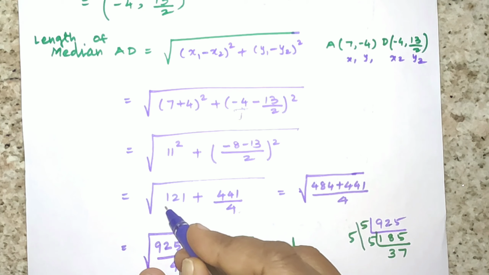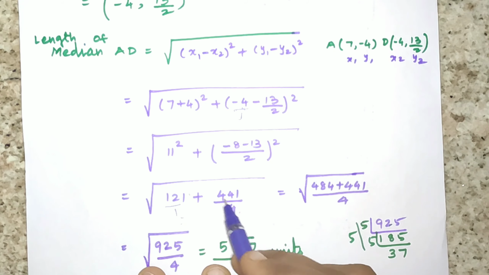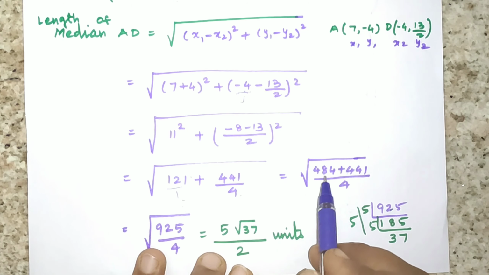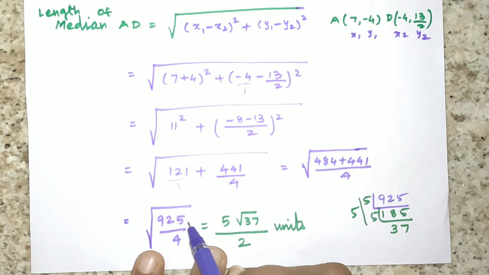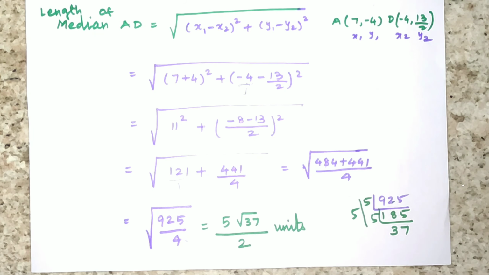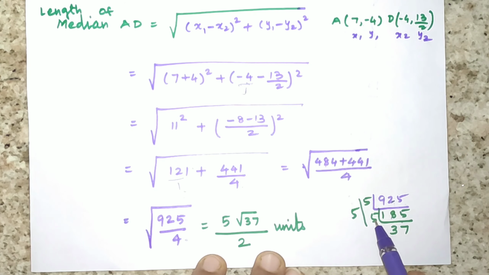Again you have to take that cross multiplication LCM. So you multiply these two things and this one. So 4 into 121 means 484, plus 441 by 4. If you add these two things, it means 925 by 4. So for 925 you have to take the prime factorization. So 1 5 is 5, remainder 4, 42 means 8 5s are 40, remainder 2, 5 5s are 25. Again you divide with 5. So 3 5s are 15, remainder 3, 7 5s are 35.